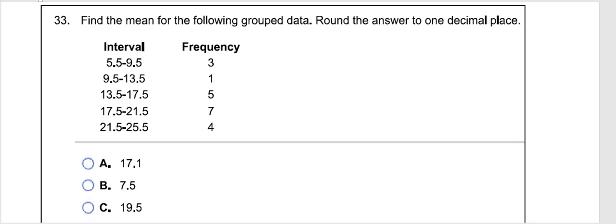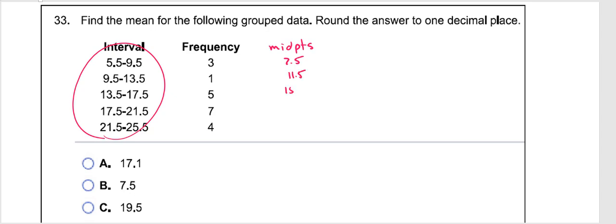All right. Number 33, find the mean for the following grouped data. Round the answer to 1 decimal place. So it gives you the interval 5.5 to 9.5 and tells you there's 3 data points in that interval. So if you remember how to find the mean for grouped data, you need to find the midpoints of these. So the midpoints of all those intervals would be, what is that, 7.5,